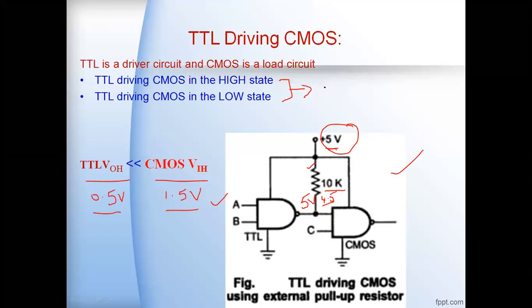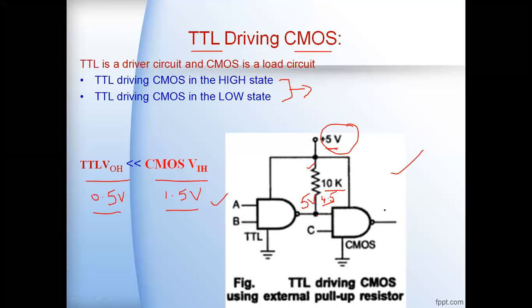With the currents, there is no difficulty in driving the CMOS gate from the TTL. The difficulty arises from the voltage levels. To compensate for that, we use a pull-up resistor here. Do you understand this? When the TTL output is driving the CMOS inputs, we need to connect a pull-up resistor to the VDD so that the CMOS gates can be easily handled during the low state output of the TTL gates. Do you understand this?